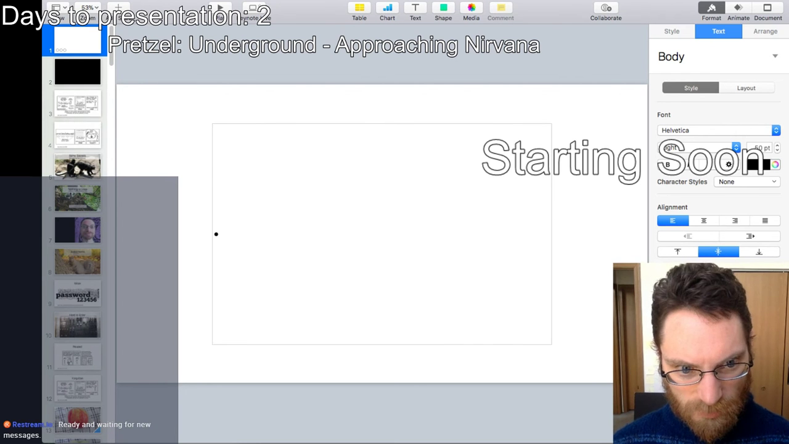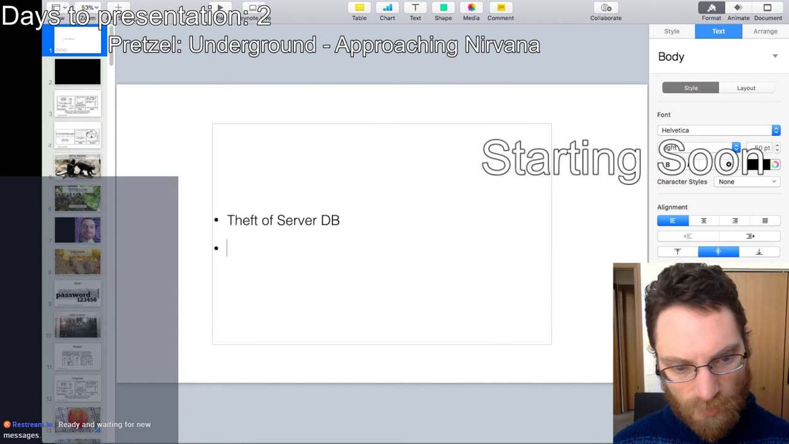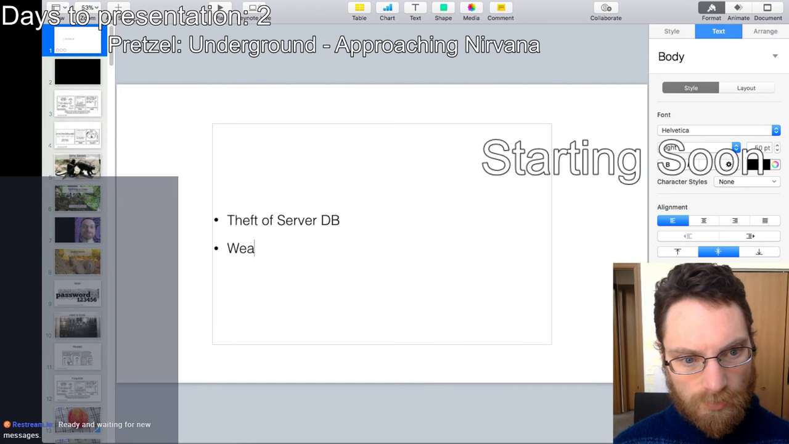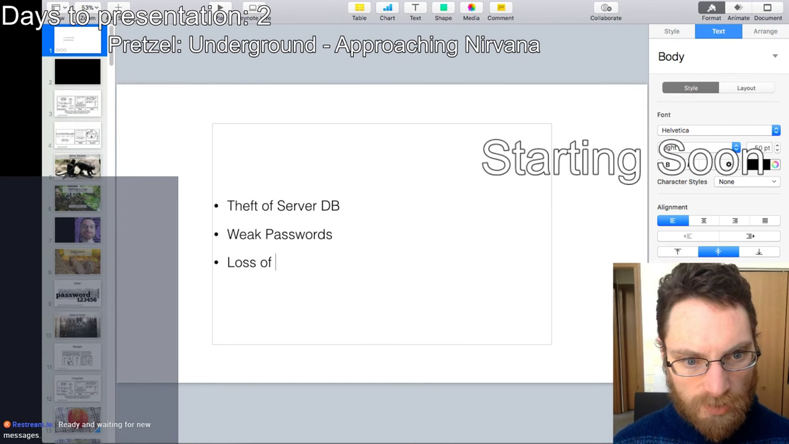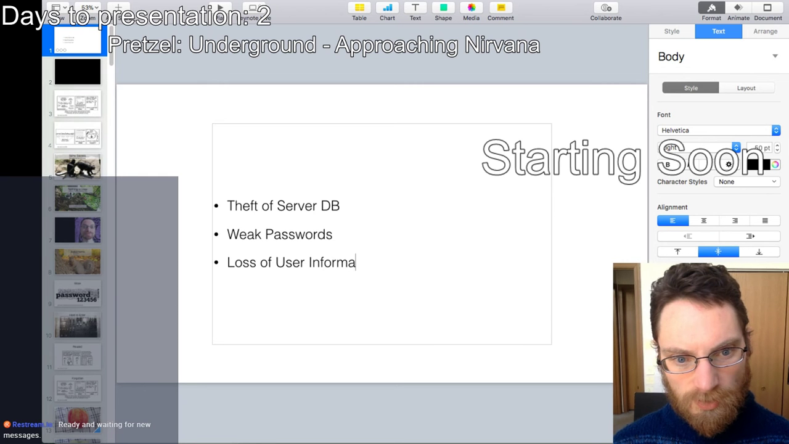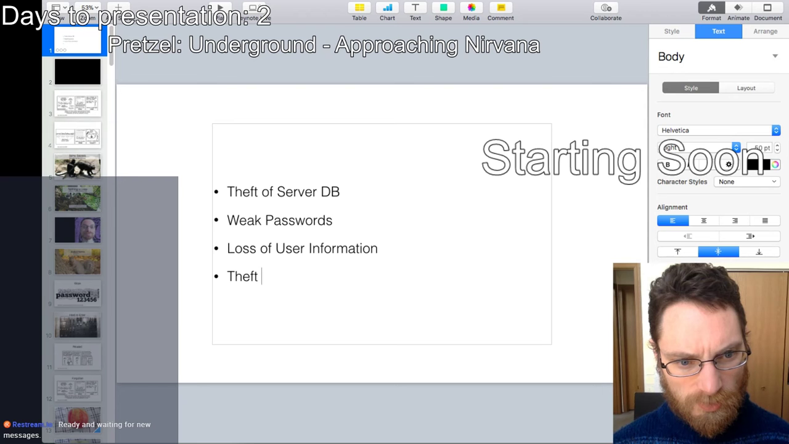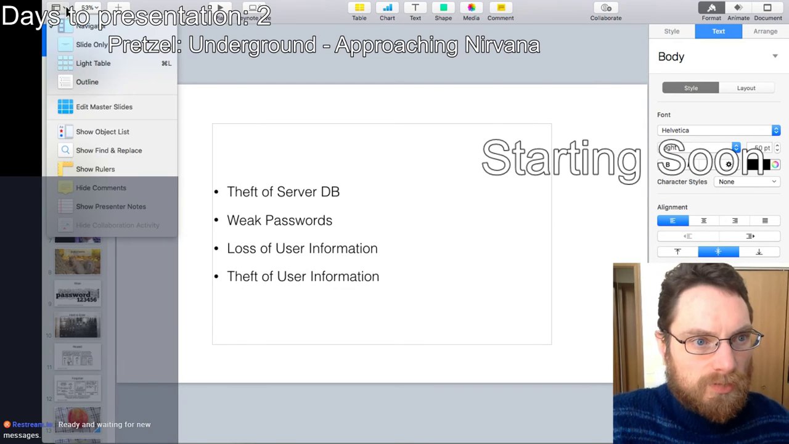So our main points are going to be theft of server database, weak passwords, loss of user information, and theft of user information. And I might actually want to,